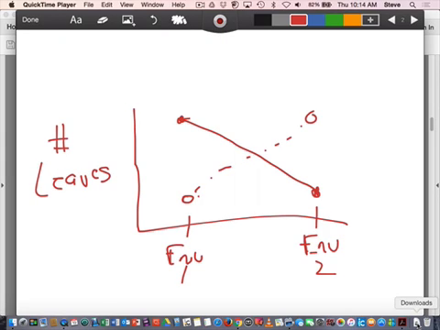That's what we call a gene by environment interaction. Anytime these genotypes' relative expression changes depending on the environment, okay? So what that's saying is this circle genotype produces few leaves in this environment, but overproduces in these. This is what we call a gene by environment interaction. And again,